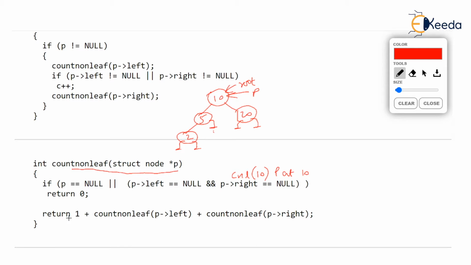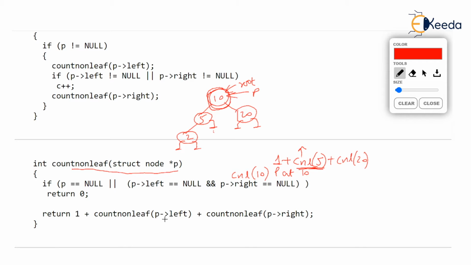So the next line running is nothing but 1 plus. Now, why 1 plus? Because we know that the node at which we are is a non-leaf node, isn't it? Definitely 10 is a non-leaf node. So we have put 1 plus, and then we call count non-leaf recursively. You watch the call. Count non-leaf recursively for P arrow left. That means count non-leaf is called recursively for 5, because 10's left is 5, plus add it with count non-leaf recursively for 20, because the right child of this 10 is 20. But you all know that count non-leaf 5 will run first. There are two recursive calls, but the first recursive call will be done.